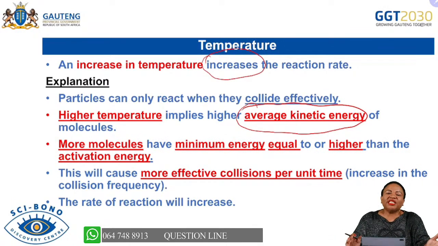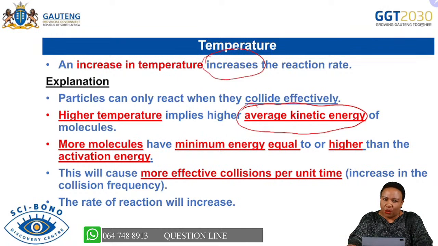curves, we could see that the particles, as they were in a solid phase, were not even moving because they were very close to each other. They were just vibrating. Immediately when you start to increase the temperature, you will see that the average kinetic energy of the particles also starts to increase, meaning that the particles will move faster than before. So when you increase the temperature, you are increasing the average kinetic energy